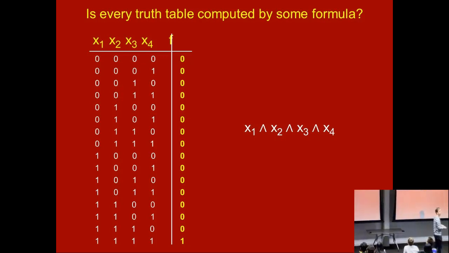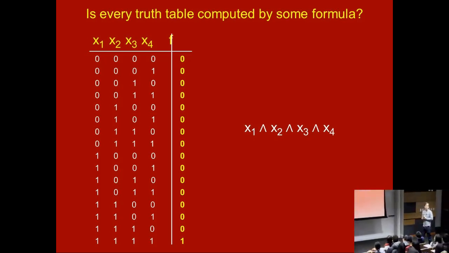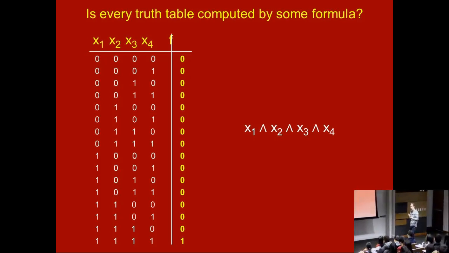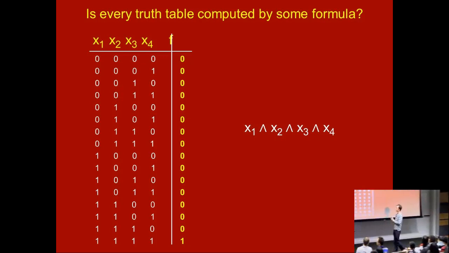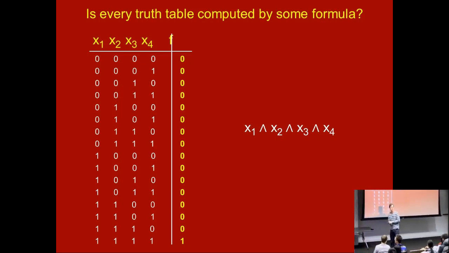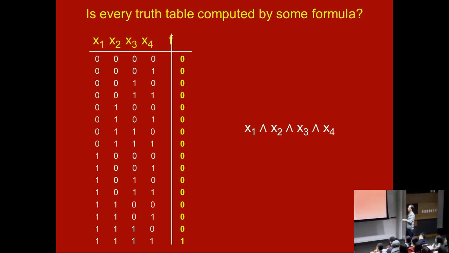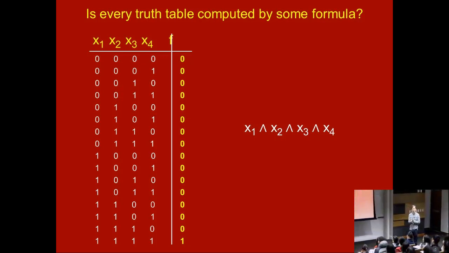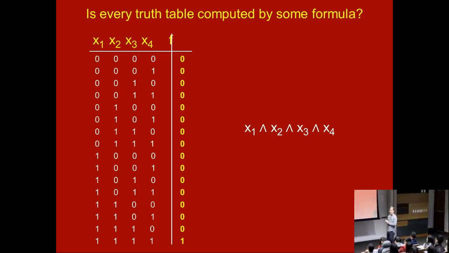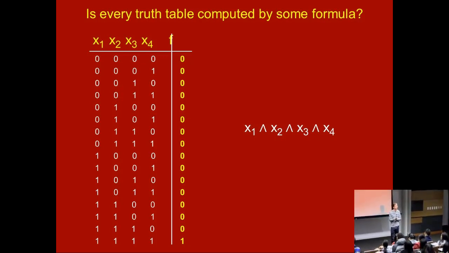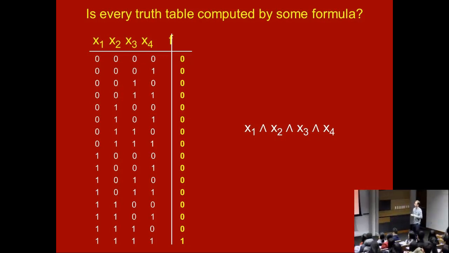Let's see why that's true. I'm going to show you by example that whatever truth table you write, there's some Boolean formula which has that truth table. Or every Boolean function can be computed by some formula. So let's start slow. Let's say there are 4 variables, so I'm going to consider truth tables that look like this. Here's one such function. It's mostly zeros, but it would be 1 if all the input bits are 1. Does anybody know a formula that computes this? X1 and X2 and X3. Yes, the and of all 4 variables.